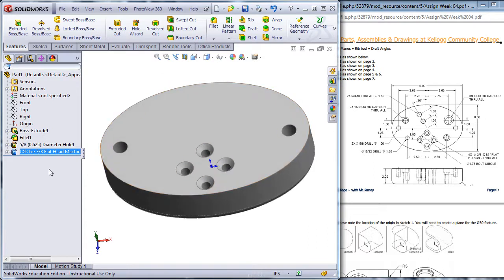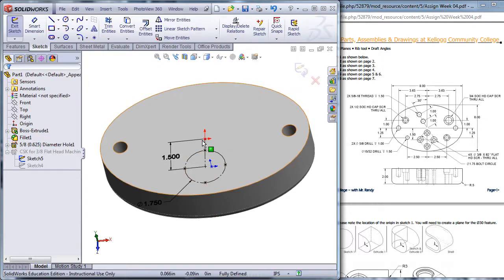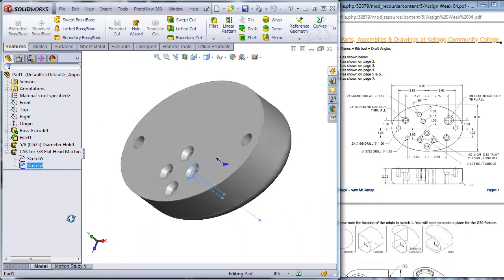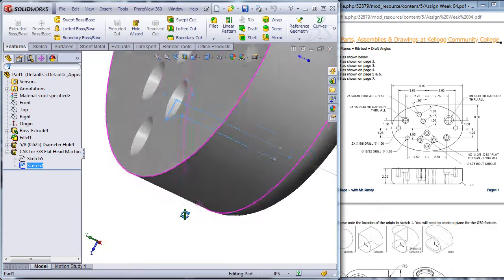Let me show you what happens underneath a Hole Wizard hole in terms of the feature. So I'm going to expand this, and you can see there are two sketches here. The first sketch is your placement sketch, your location sketch, and I can edit that sketch, and it takes me back to this thing. This sketch has to be fully defined, so that's another sketch you'll need to check to make sure you're fully defined. The second sketch underneath Hole Wizard is the SolidWorks profile